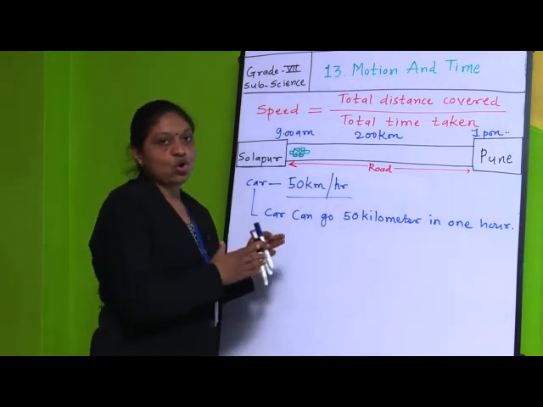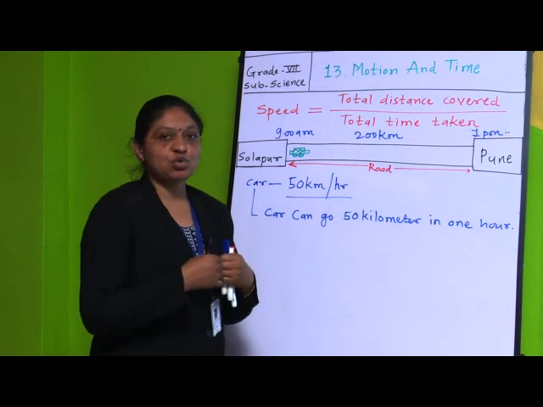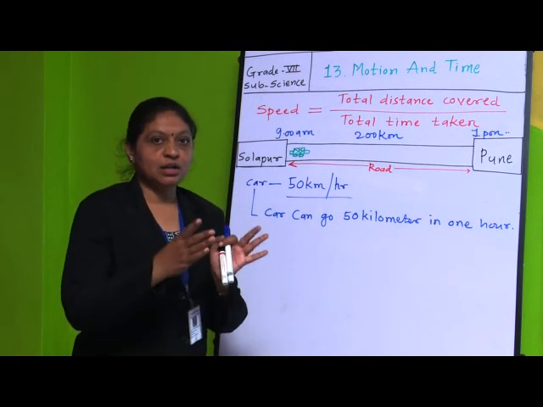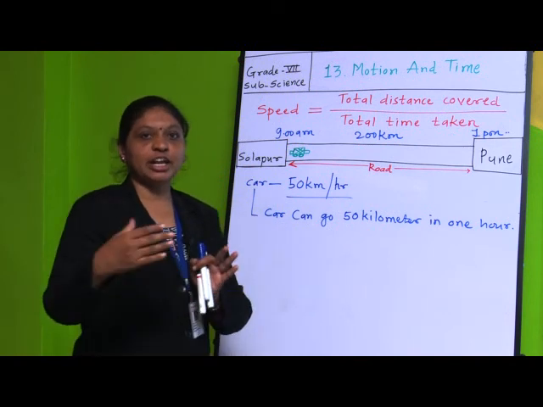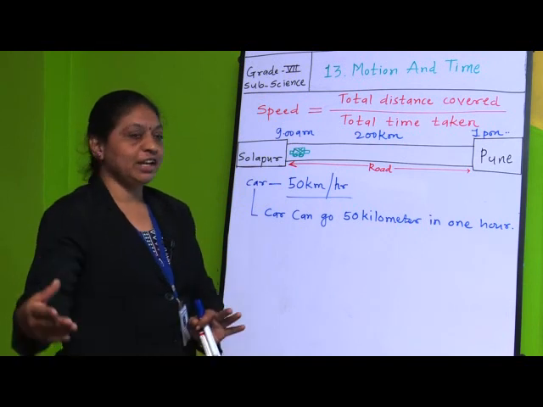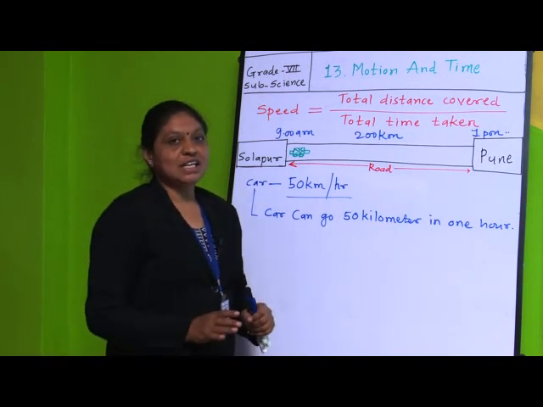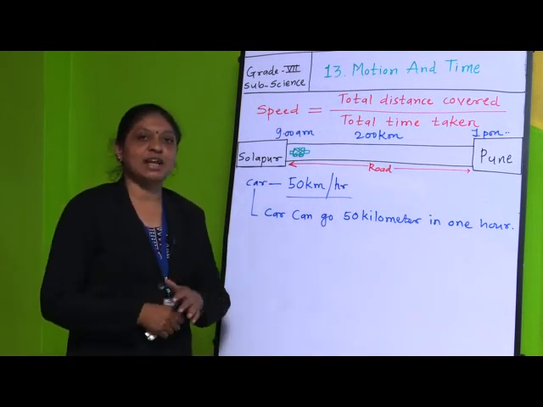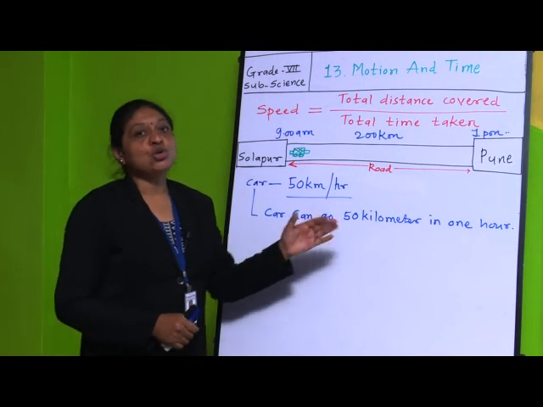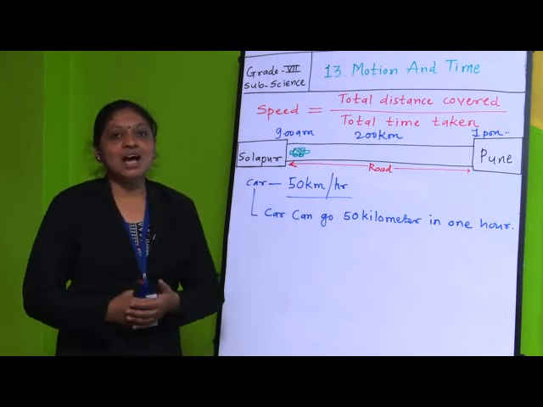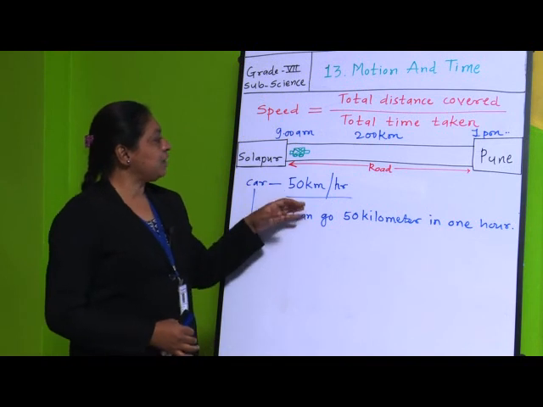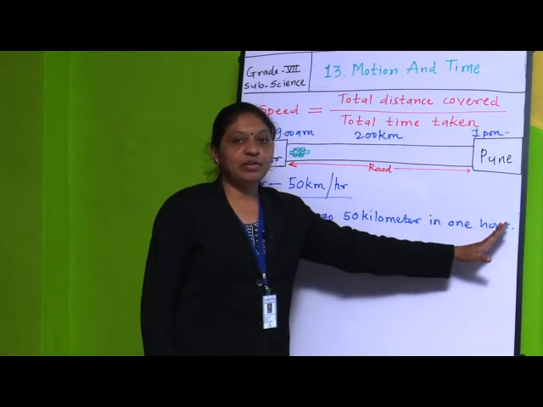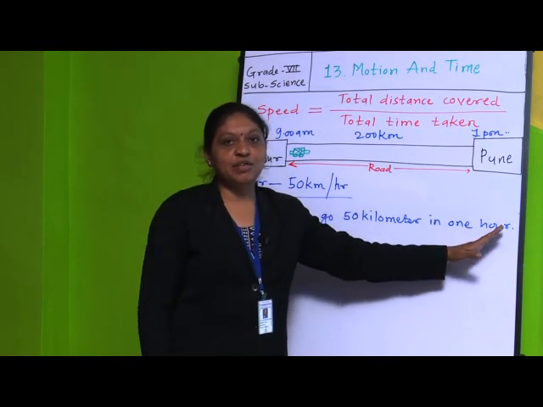If there is no constant speed, it means the car is not moving 10 kilometers in exactly 10 minutes, then again 10 kilometers in 10 minutes, then again 10 kilometers in 10 minutes. It is not moving like this. Sometimes that car can go faster, sometimes slower. But what is the exact meaning here? That car should reach the 50 kilometer point after 1 hour.